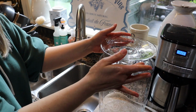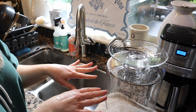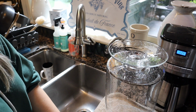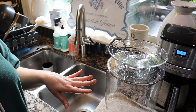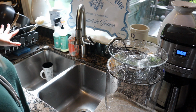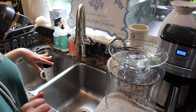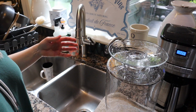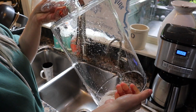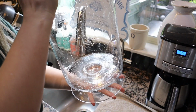I am literally setting this on a towel to air dry. I found that that has been the best for preventing streaks. I just let this air dry now, but super fast, super easy. On the days where I am cleaning my hurricanes, I just line them all up here and wash, and then place them over on this side to air dry. And then I'm good to go for a week. It's so clean. Everything is gone. All that pollen, all that soot, everything is